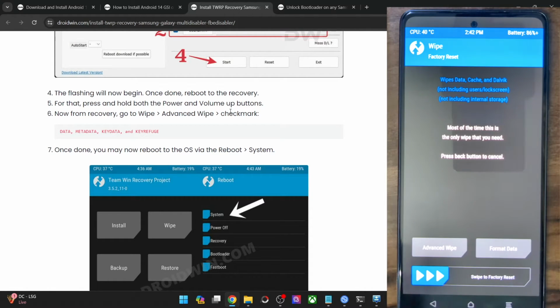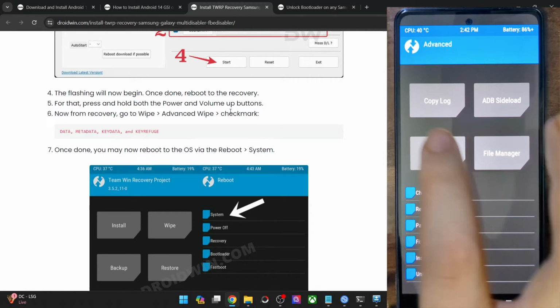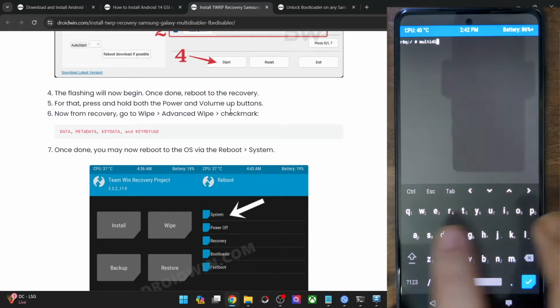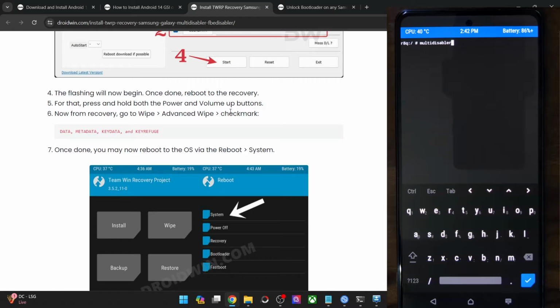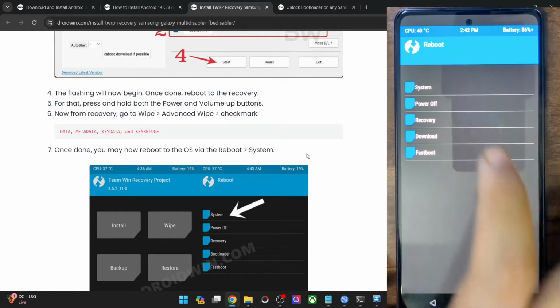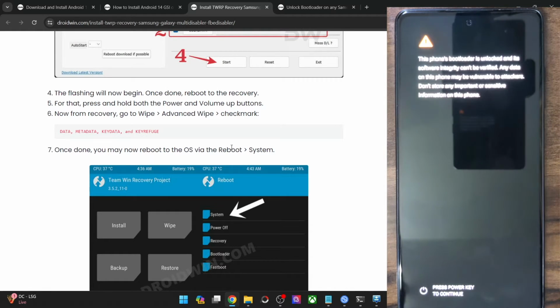This is only for those phones which are following the FB disabler method. Now if you are following the multi-disabler, then you have to go to advanced, then go to terminal, type in multi-disabler and hit the enter key. The recovery will now try to resize the vendor partition and will ask you to enter this command once again. So once again type in multi-disabler and hit enter. The second time you enter this command, your task is complete. Once that is done, simply go to reboot and choose recovery. With this, we have flashed the recovery file onto our phone.